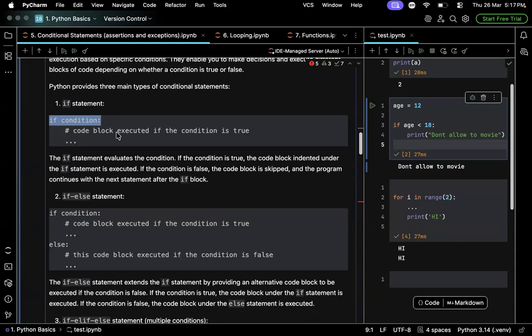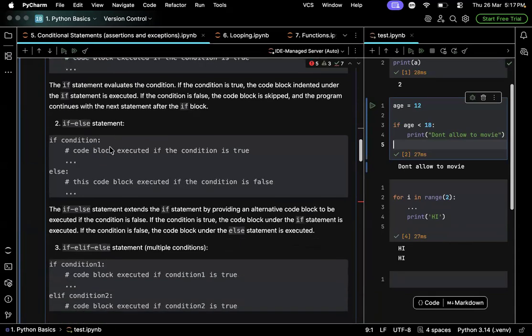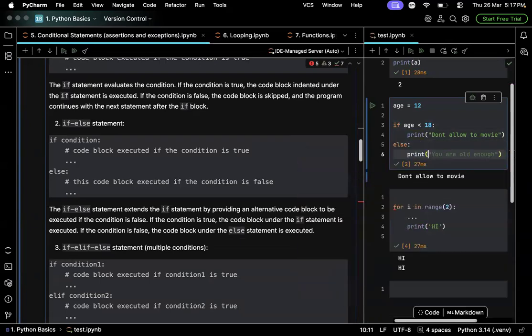Okay, good. Now if else. If else is nothing but an extension of if. Here we declare that if this condition is true, execute these lines, right? But what if this condition is false? In such situations, if we wanted to